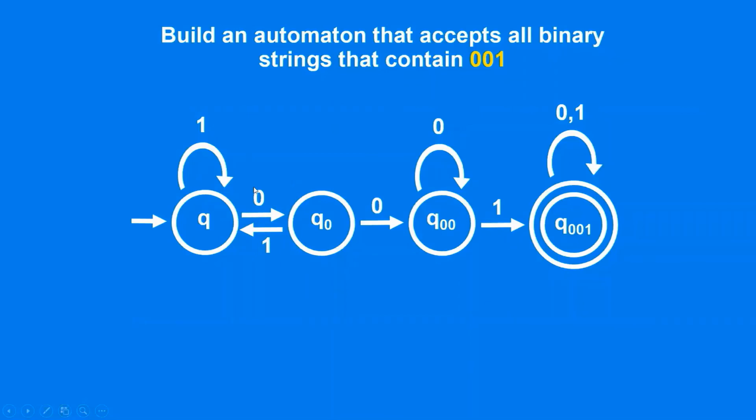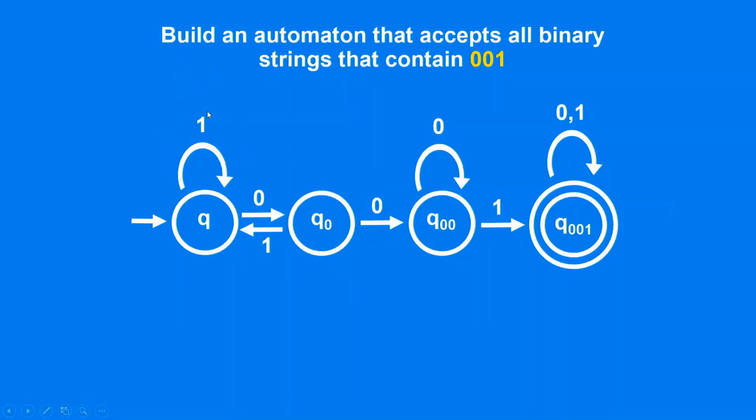Then for whatever remains: in state Q0, reading 0 you go to this one. By reading 1, what will you do? It is better to write this loop, because then all possible strings are covered. This is a substring. One example is 1, 0, 0, 1, 0, 0, which is accepted. So whatever remains is given by 0. Because if you are in Q0 and you read 1, it is better to go to this state so that you can further make it a loop.